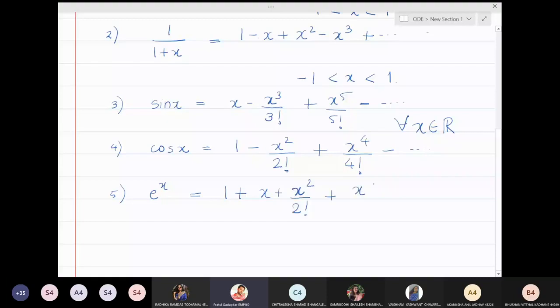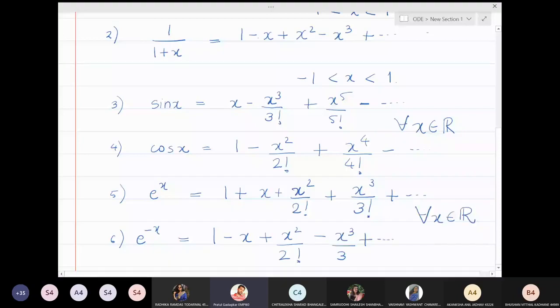And for e power minus x, if I just replace x by minus x in the above, I will get 1 minus x plus x square upon 2 factorial minus x cube upon 3 factorial plus so on. Both these Taylor series are valid for all x in R. So these are some standard Taylor series that we are going to need in this particular chapter,